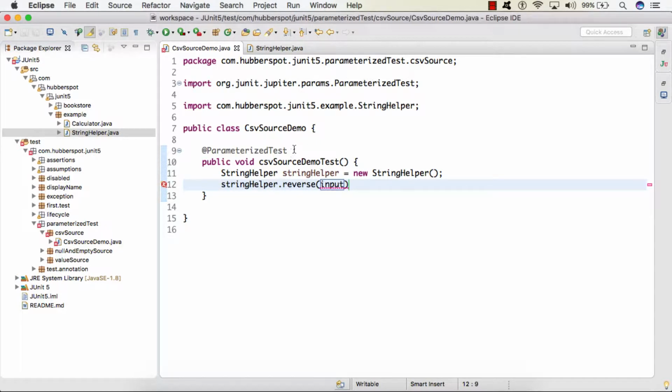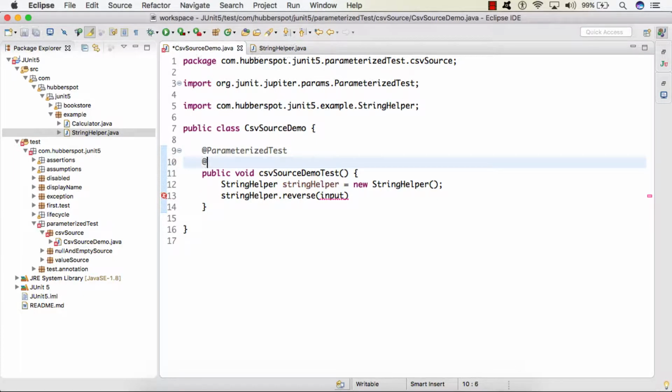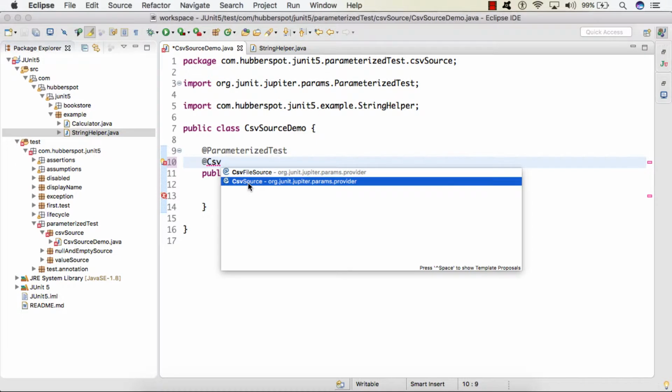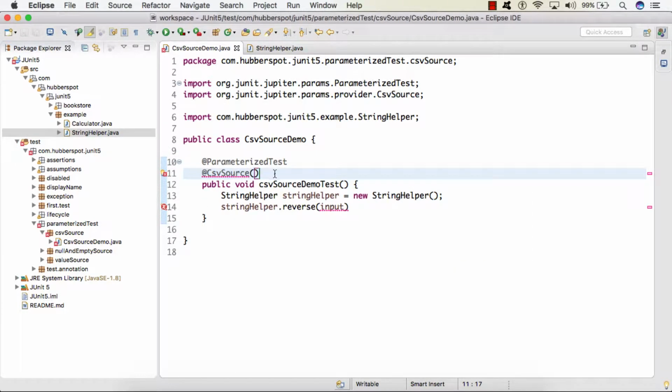So here we will use @CsvSource and we will see that using the @CsvSource annotation, we can write this method once and test it with different values. So here we'll provide the annotation CsvSource.